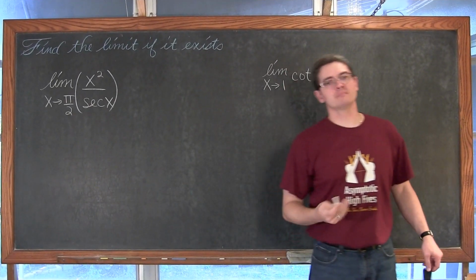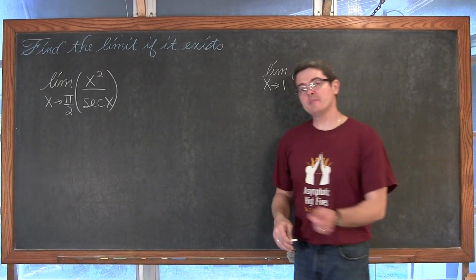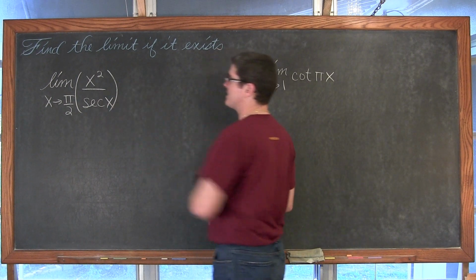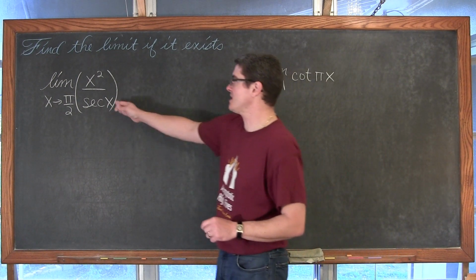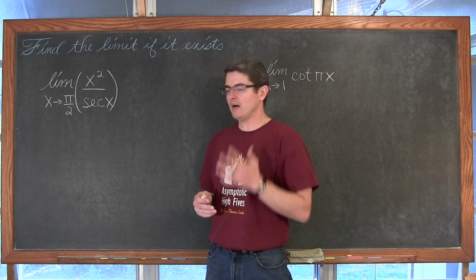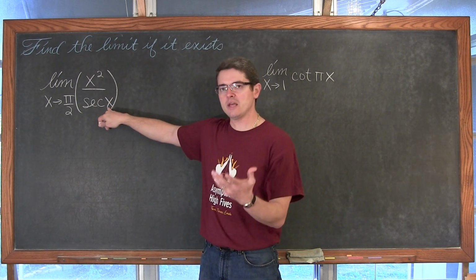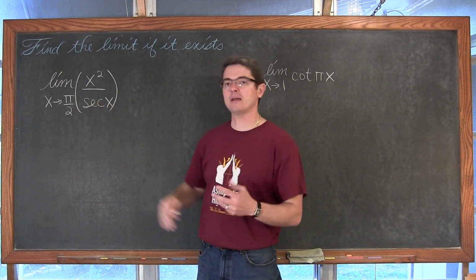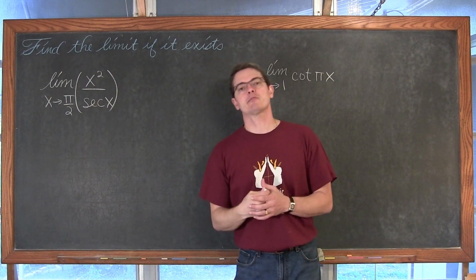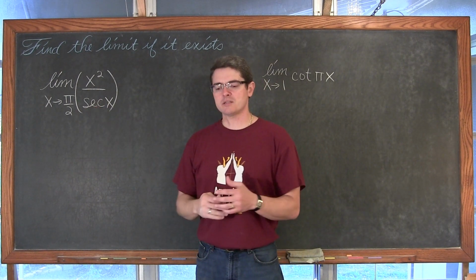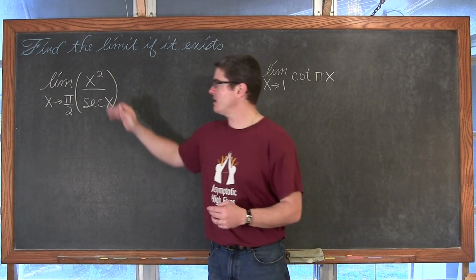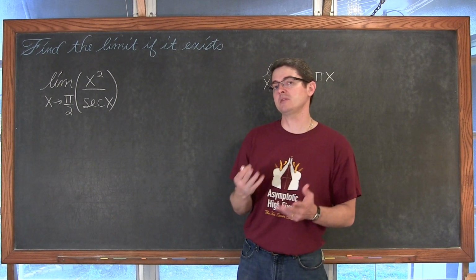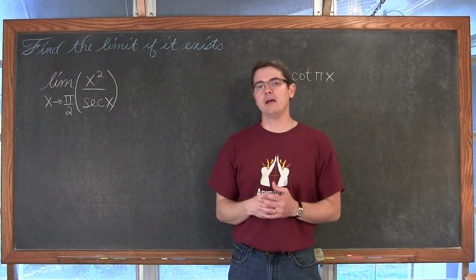Find the limit if it exists. We have the limit as x approaches pi/2 of x squared over the secant of x. Now, the secant of x, let's not forget on the unit circle, we plug in basically a rotation for trig functions. We plug in an angle measure rotation and we get out the sides of a right triangle. Well, secant, gotta remember all those little x, y, r fractions. Secant is the reciprocal of cosine, right? Secant is r over x.